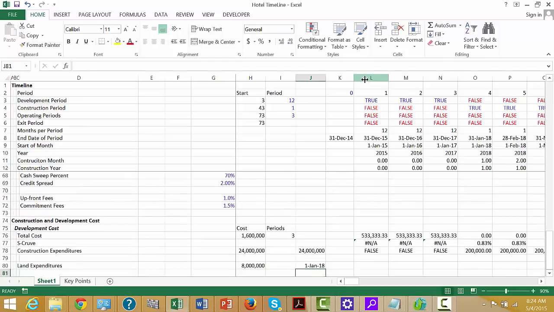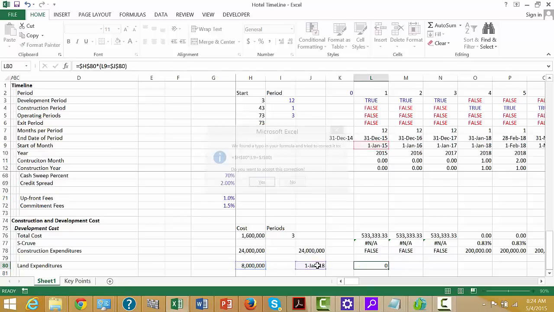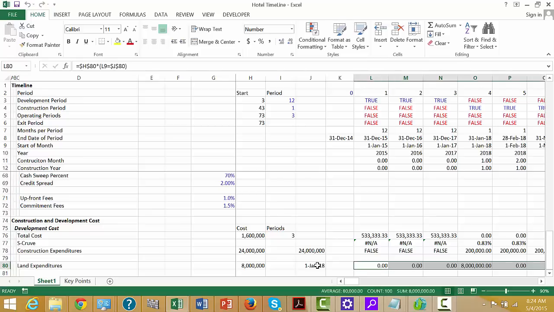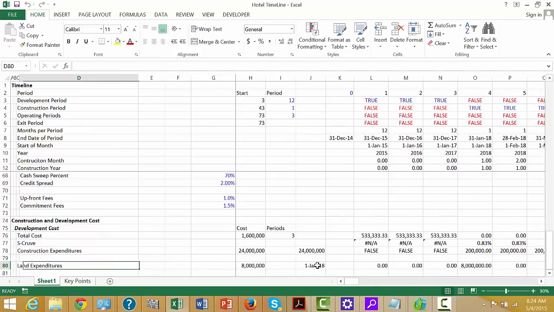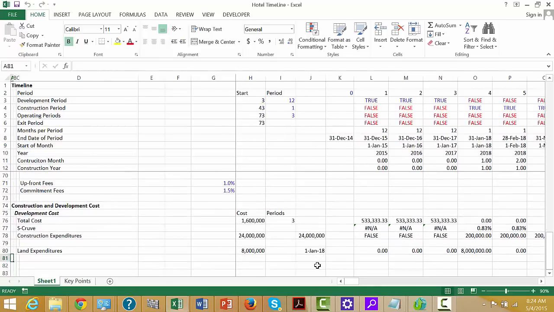This is going to, I suppose, introduce us to another thing. We F4 this one, multiply it by this begin date, that we needed this begin date because we entered all of our inputs with the begin date, and press F4. Okay, this Shift Control O, maybe Shift Control 1 is better. Okay, and then we have our land cost here, and it's only put in one single period. Okay, so